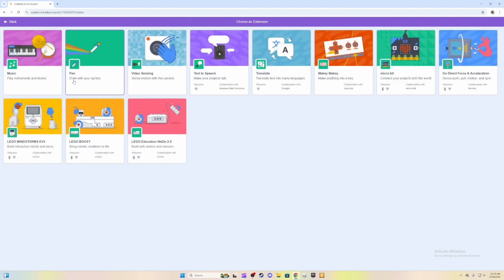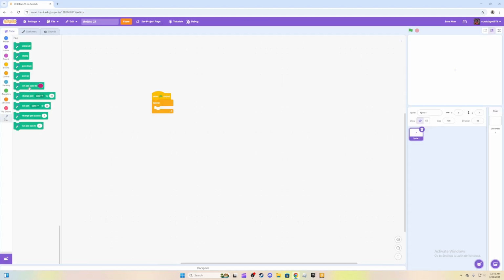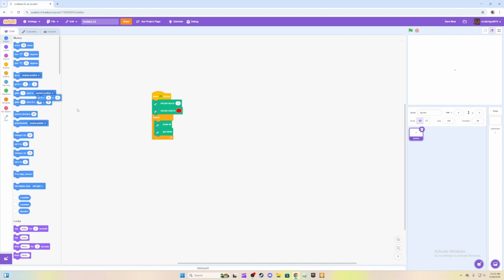We're gonna need the pen extension, pen. Set pen color to blue. I'm gonna make it red actually. And set pen size to 2. Pen down. Before that, erase all. After erasing all, we're gonna need a go-to. We're gonna need 4 go-to